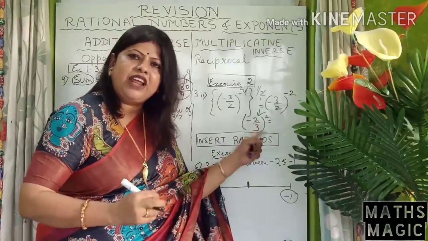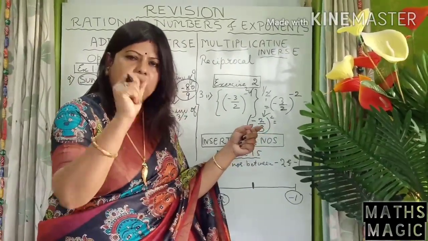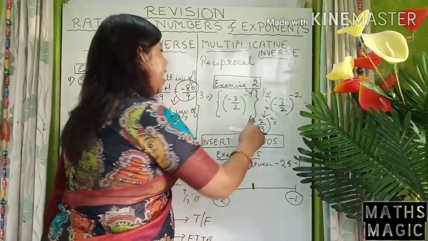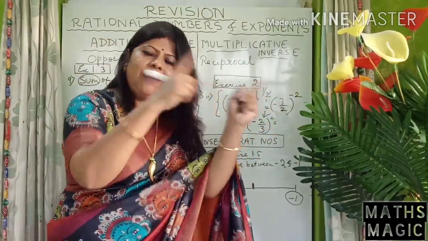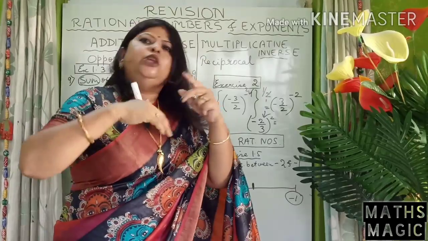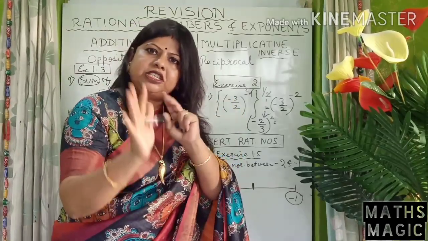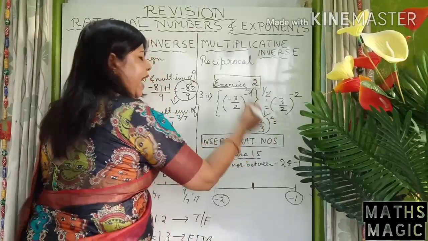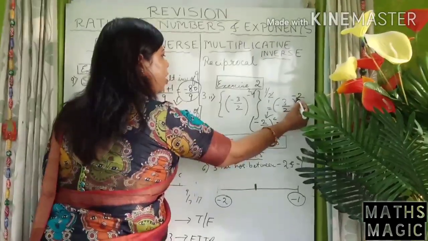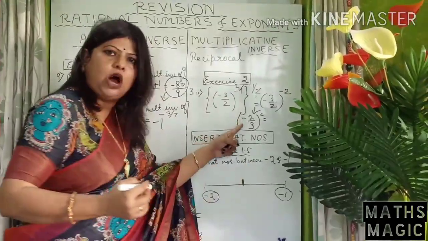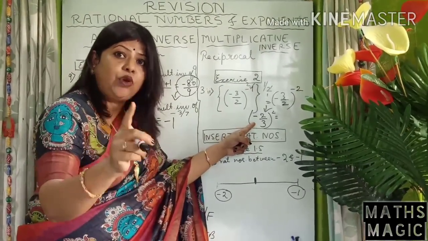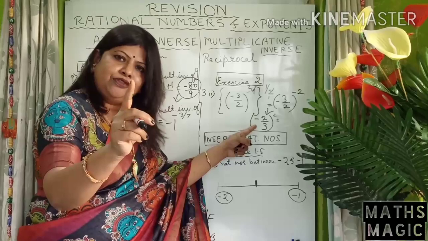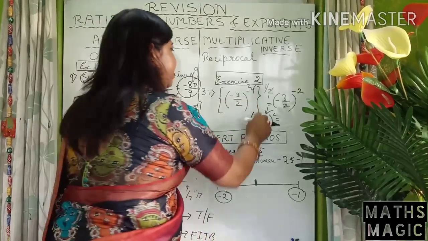Clear? What I have done? I have changed the negative exponent to positive. Now let me solve it. I have not done multiplicative inverse yet. Either you solve and then do it, or you may do multiplicative inverse first and then solve. Anyway, what I have done, from minus to plus, I have changed. How have I changed? I have reciprocated. Now the question is, you have to write the multiplicative inverse. Followed? So multiplicative inverse means what?